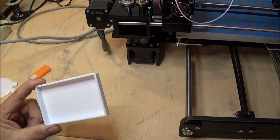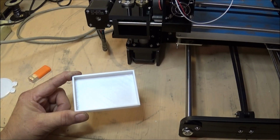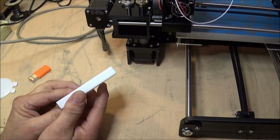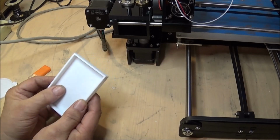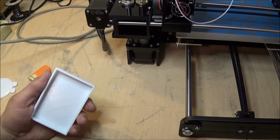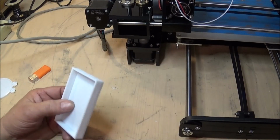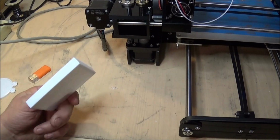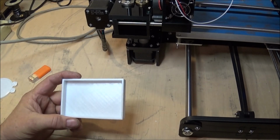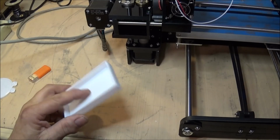And this shows that you can take this, and one thing I like to do is make project cases to hold electronics. Now I could have made this a little thinner, and I could have put standoffs in it to mount a PC board. Could have put holes in it and holes in the front to mount controls or whatever in it, by using Tinkercad. You can download Tinkercad and you can go in there and make all kinds of things, and then move it over to Cura and slice it up, put it in. But yeah,